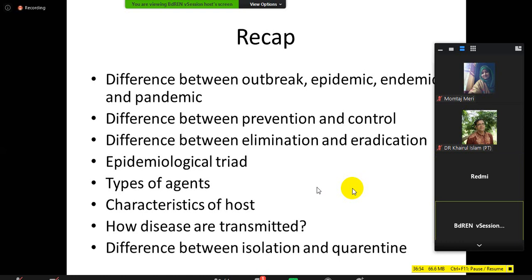If that person is coughing in front of another person, the virus will be transmitted to him, and that's why we say you have to keep a physical distance, at least